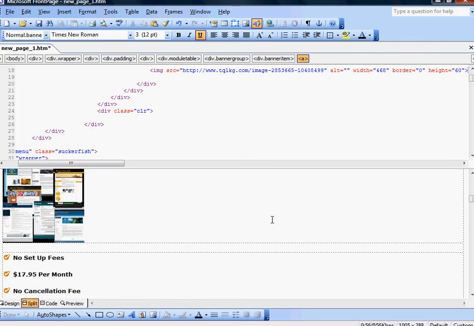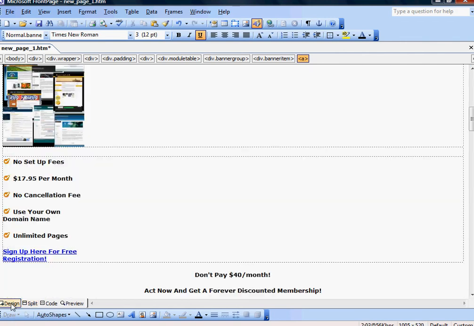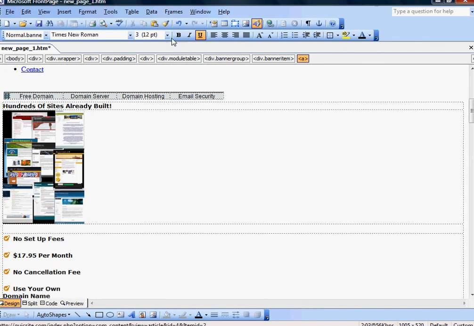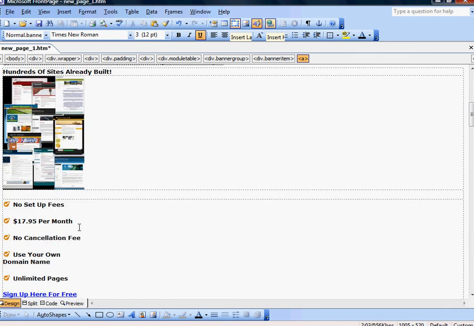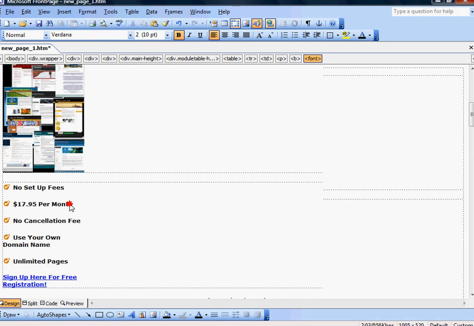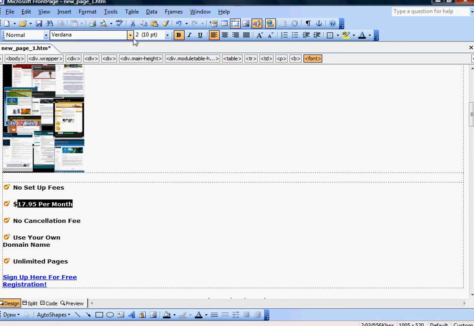This HTML editor is my favorite. It's called Microsoft Front Page, and you can have a design view. And again, if you notice at the top, bold, italicized, underlined, center, all these are pretty familiar from Microsoft Word, for example. And if you want to make a hyperlink, it's as simple as highlighting something and then going